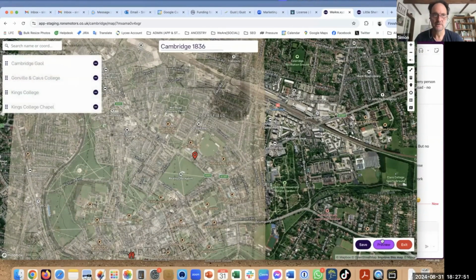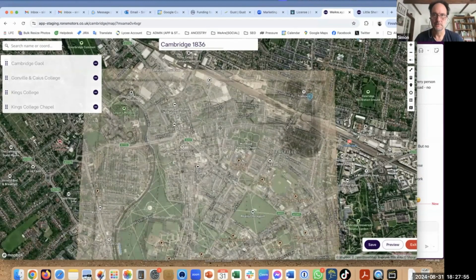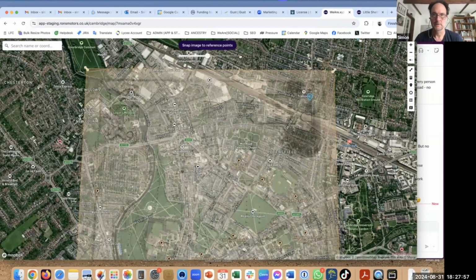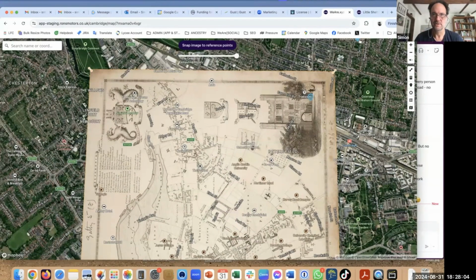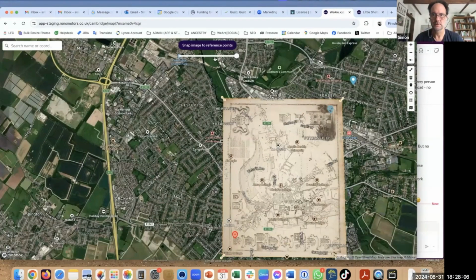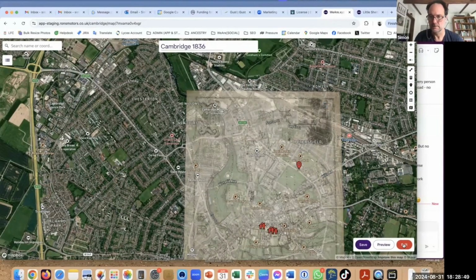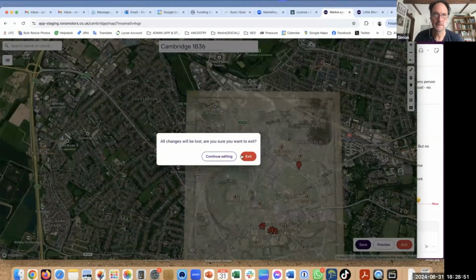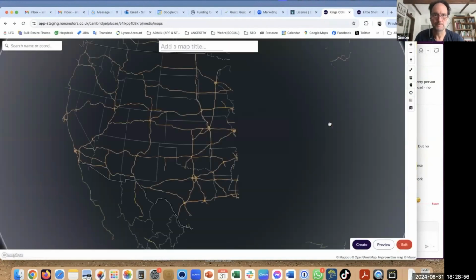So I go into edit. I've got my list. If I activate the map, I can. So this is this original 1830. And what I've done is I've stitched that onto what went behind. So you've got all these tools here where I can add pins and shapes and all sorts of things. Let's do exit. So I'm going to demonstrate. If I do create map,